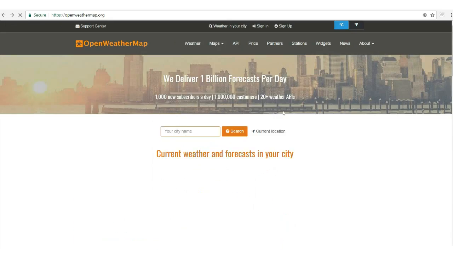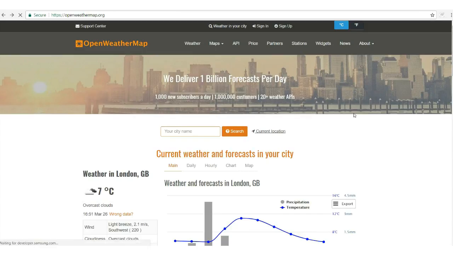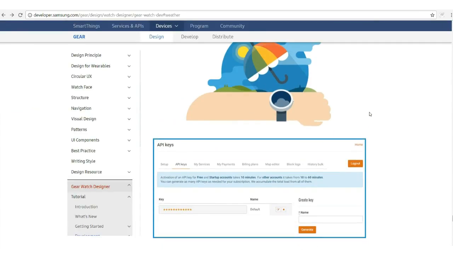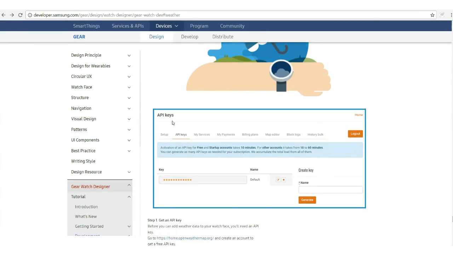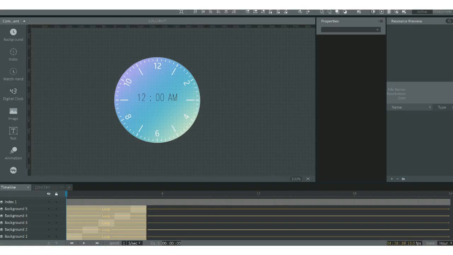And once you're done, you'll be able to see this particular window in the Open Weather Map application. There is an API key tab. Click on the API key tab, and as you can see, there is a create button. Once you click create, you will receive your own API key. This is unique for every application, every account. So just copy the API key, go back to your Gearwatch Designer tool, go to